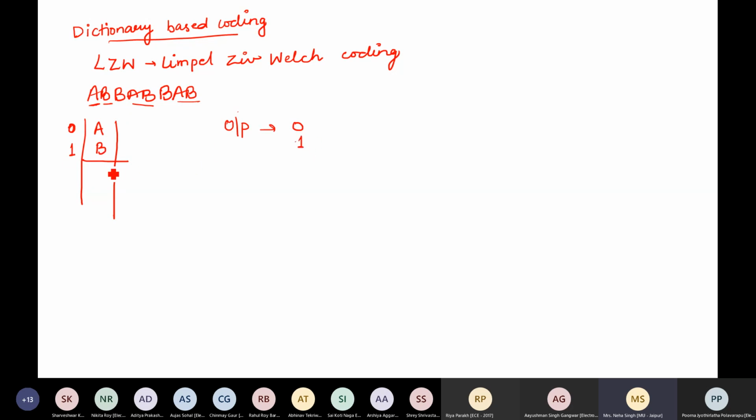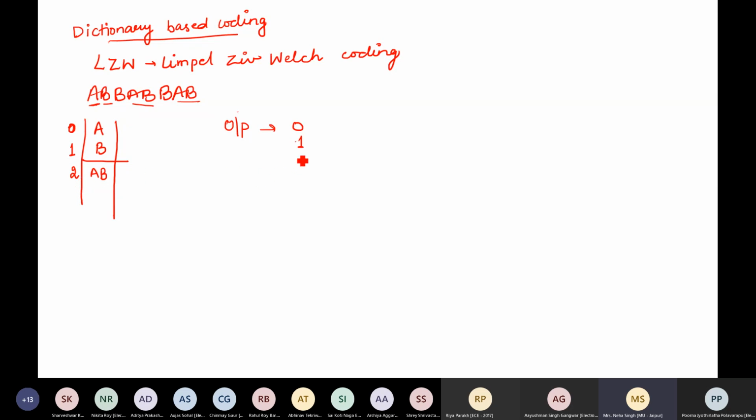But at this point, I will add a new symbol and say that A followed by B, if generated in future, should be given the code 2, right? So that every time A is followed by B, I need not send 0 and 1, instead I send 2 only,